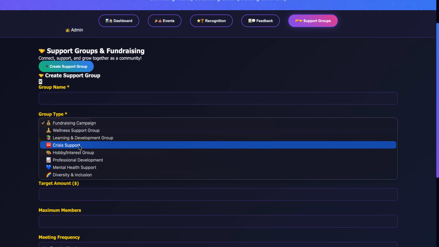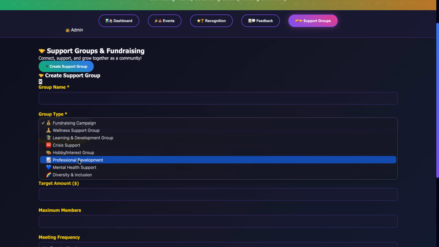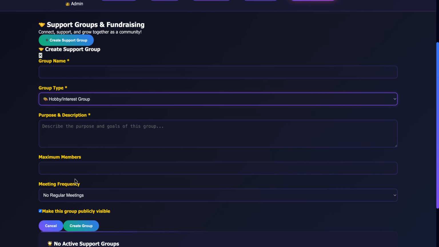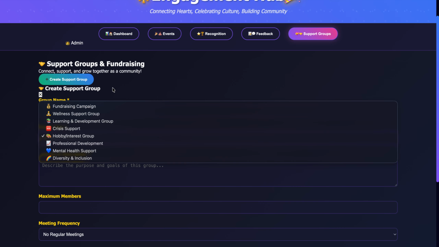Then we can create other group types as well. If in an organization there are like-minded people, like different artists, we can create a group where we can reach out to the people who are artists in the same company, and they can collaborate together. So this is how we can create different group types here.